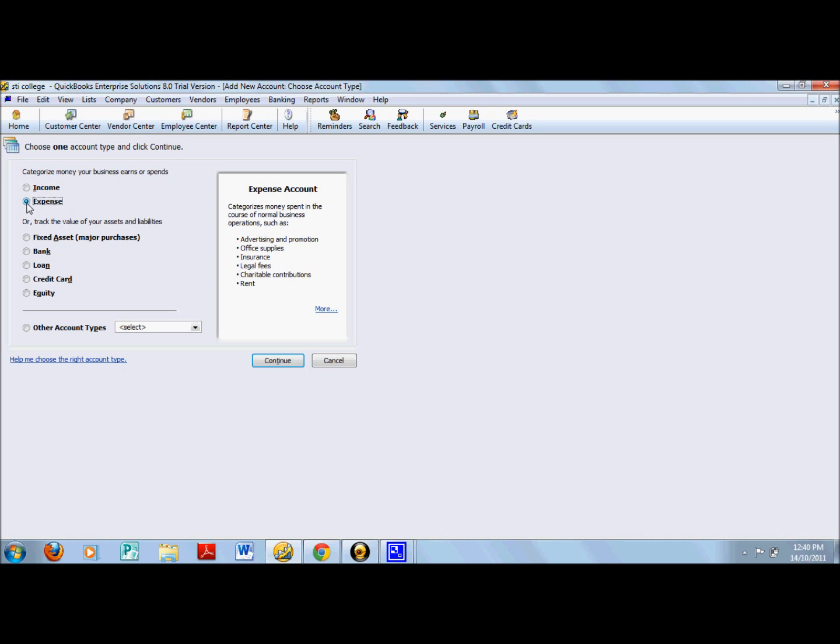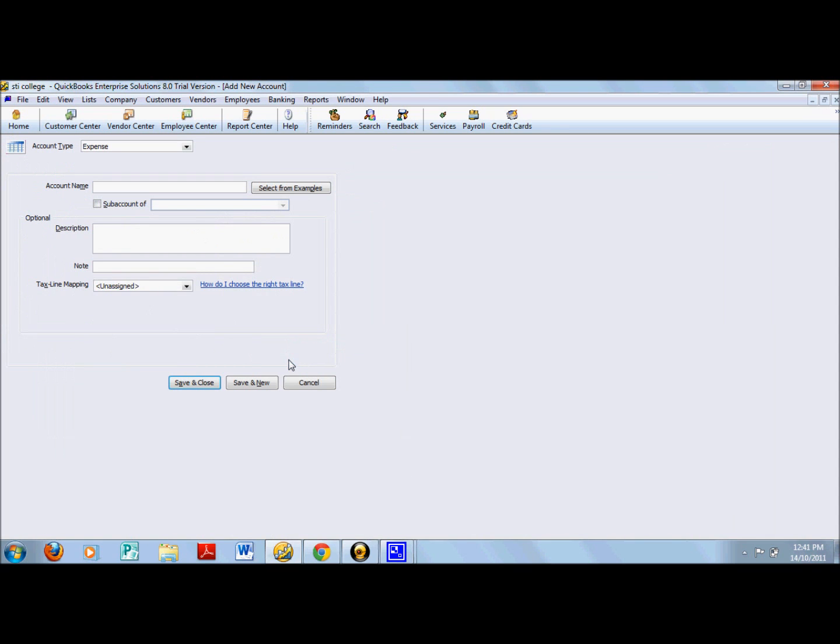QuickBooks supplies the following account types: income, expense, fixed asset, bank, loan, credit card, equity, or the other account types, which you can select: accounts receivable, other current assets, other asset, accounts payable, other current liabilities, long-term liabilities, cost of goods sold, other income, and other expenses. Then click Continue. QuickBooks displays the second Add New Account window.